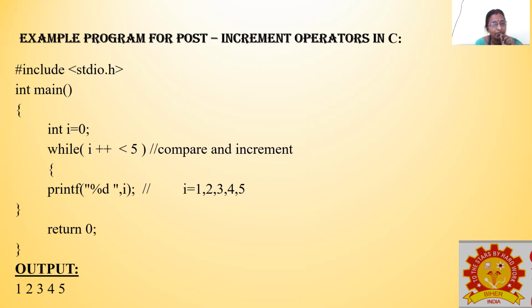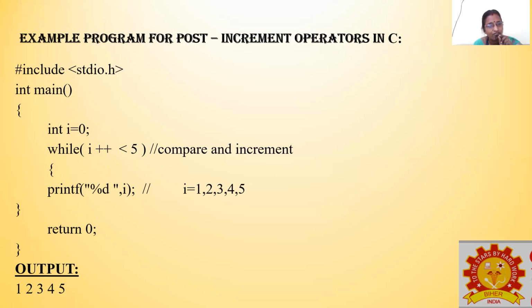Go to the while loop, print the I value as 3. Then go to the while loop, I plus plus. Now compare the current I value with 5. What is the current I value? That is 3. 3 is less than 5. Since 3 is less than 5, we are authorized to enter into the while loop. Then you increment. So I will now become 4.